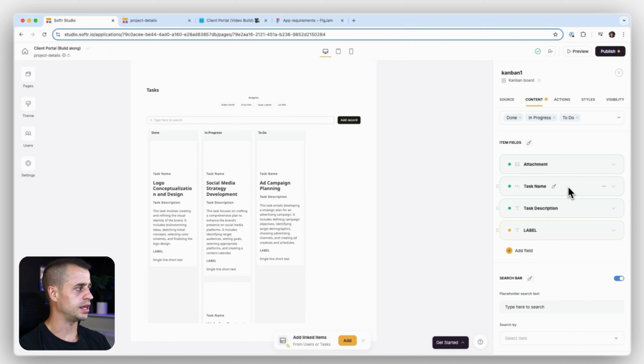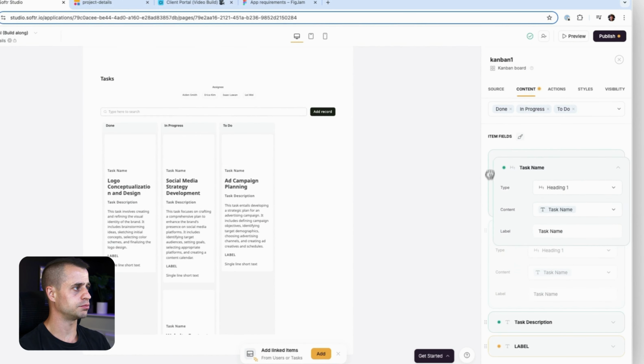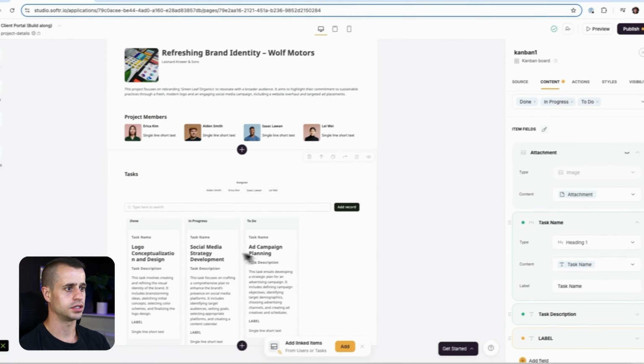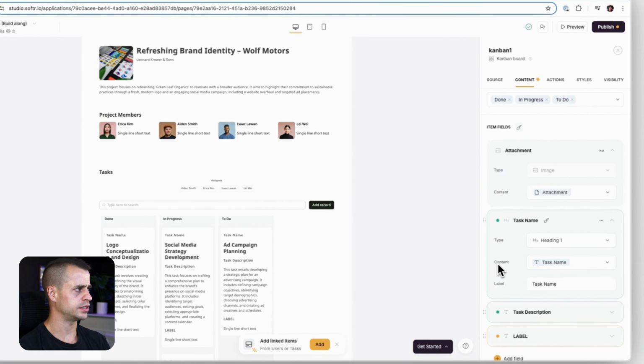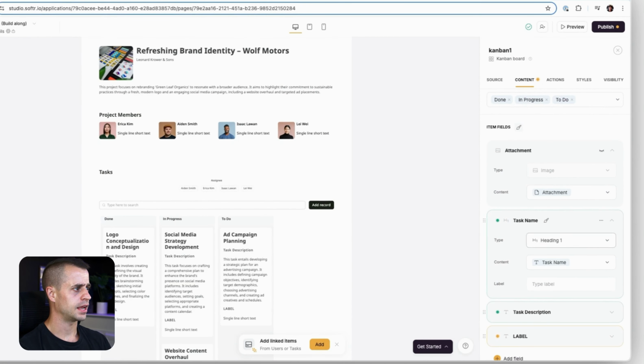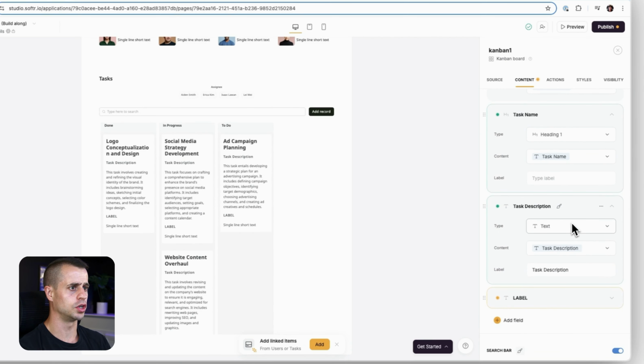Now we want an image up top. All right. Actually, no image, sorry. We have these different ones, and I want to actually bring task name up top. It's not bringing it. So what I'm going to do here is I'm just going to hide the image. So we have the task name there. That's great. I'm going to get rid of the label because we don't need that. And then the description is a little bit too long for this. So instead, I'm going to say,